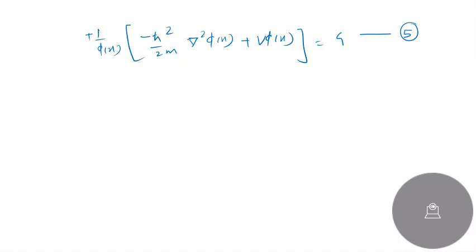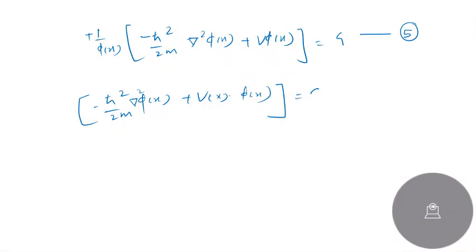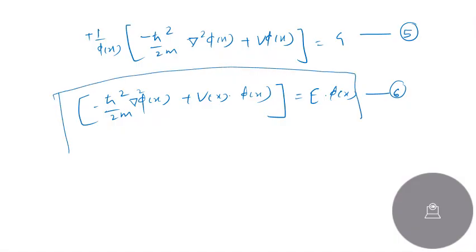In the previous slide we proved that g is basically an energy term, so we can replace g by E, and it will go in the multiply of g, basically multiply of E. So this will be equation number 6, which is basically